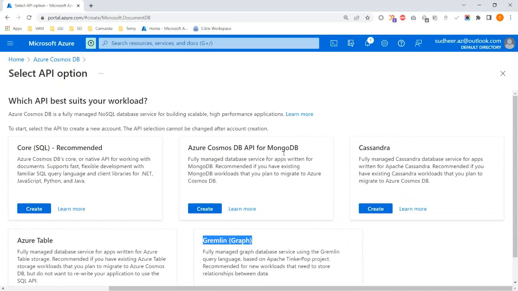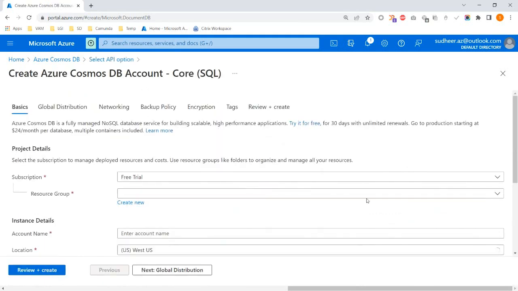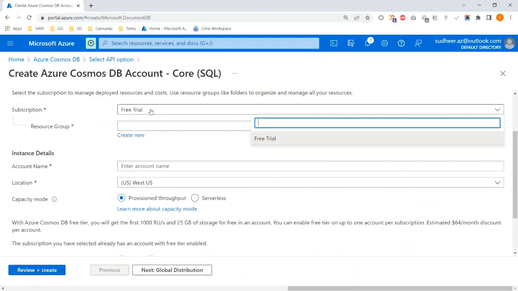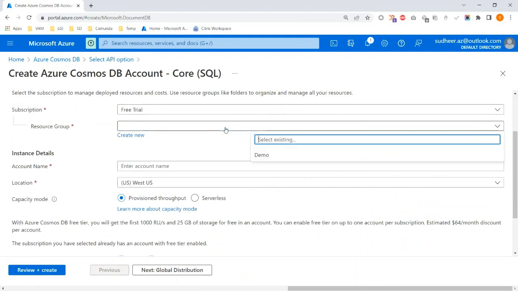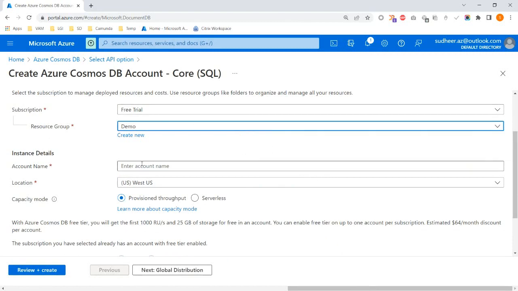I will have a demo with Cosmos DB for MongoDB, with React, later. Now I will create one small API. As mentioned, it's a free trial, and for the resource group I will go with the existing one. This is my plan. The account name is my DB name. Which one do I want to create? Today I will create